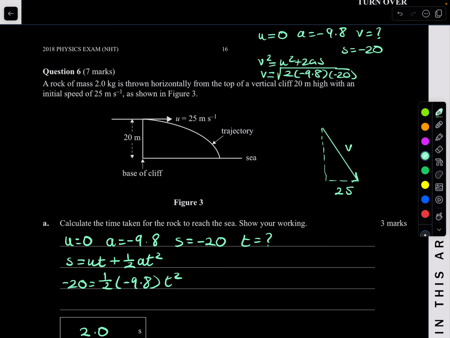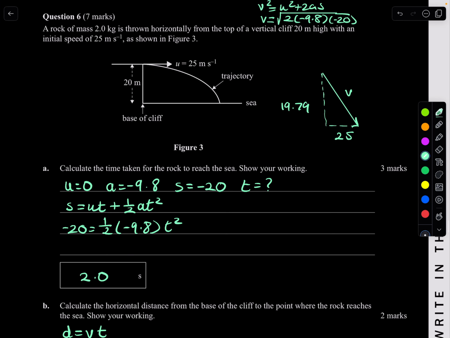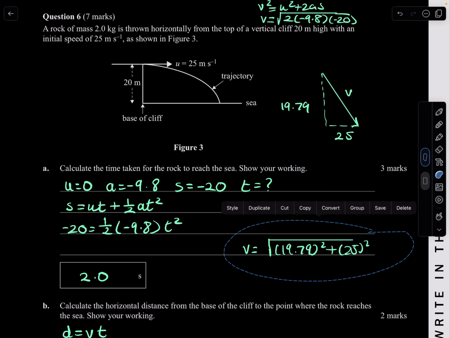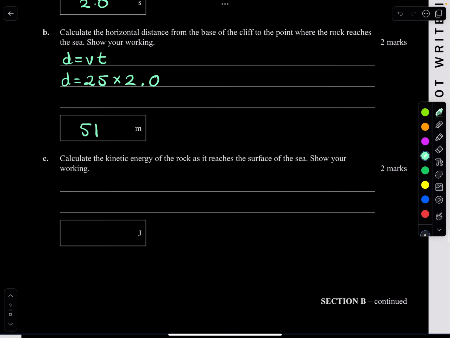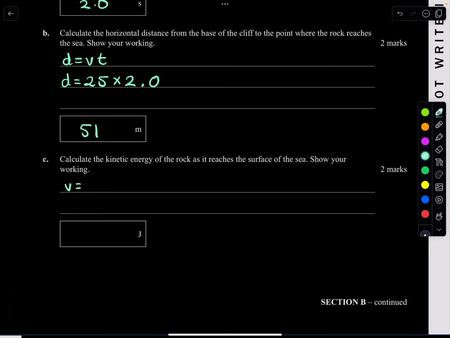So that gives me a velocity of 19.79 meters per second in the vertical. So of course we're going to use Pythagoras' theorem to calculate the velocity, which is just your square root. So your velocity is just going to be the square root of 19.79 squared plus 25 squared, and that's going to give us our velocity. And I got it. So let me rub this out from here. Your velocity is actually just 31.89